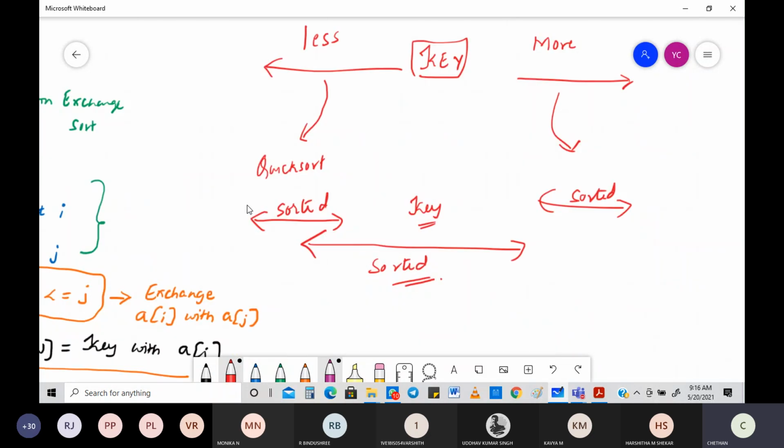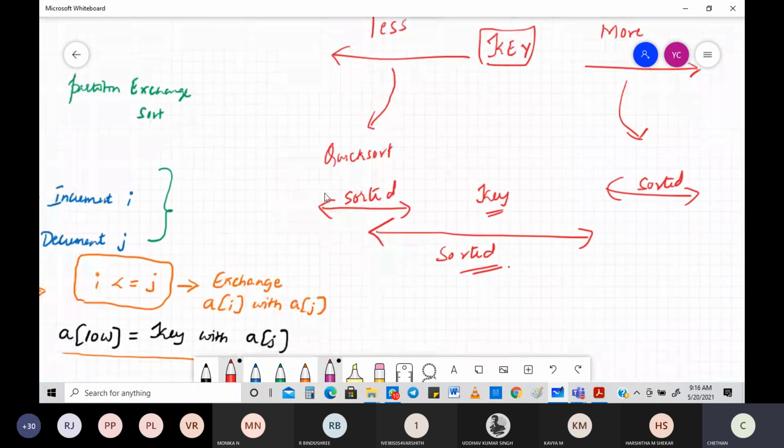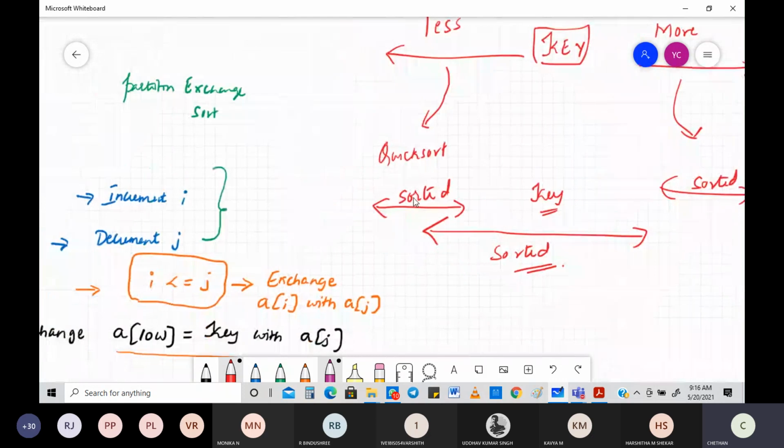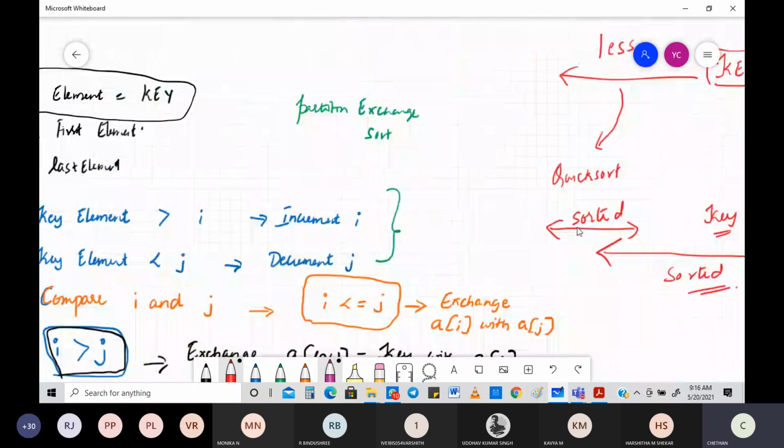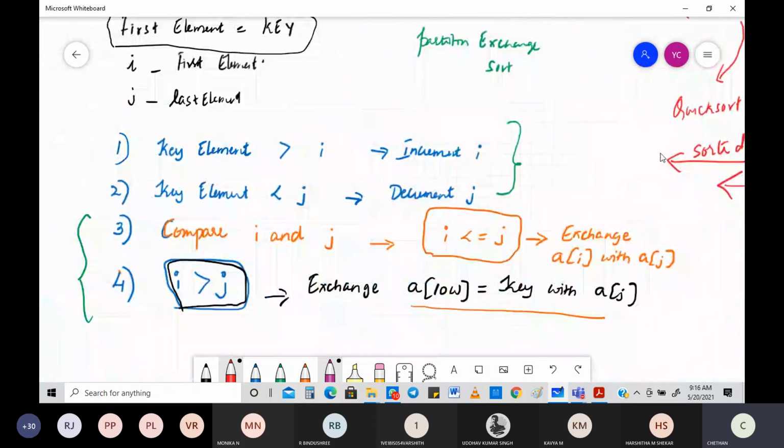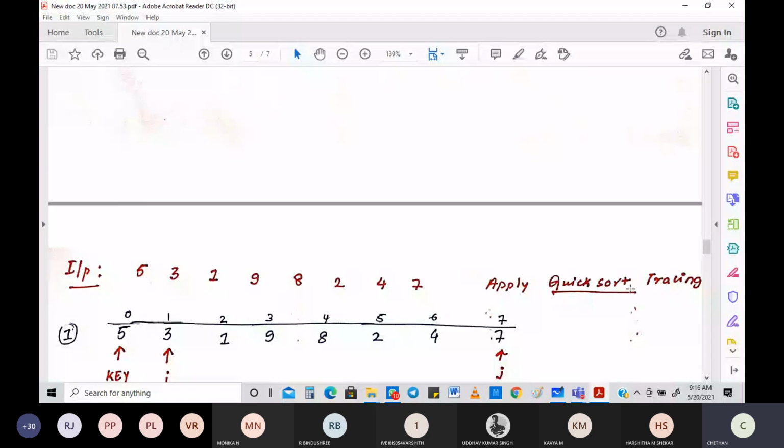So let's take this example. Please understand this. I'm not going to go much deeper into it because it's the second example. I hope you know the first example, which was a bigger example compared to this one. Majority of the time, that is the kind of example you get in the exam. This is a smaller example, only 8 elements, with very small values. The earlier one had 10 elements, very big values, and lots of jumbled values.